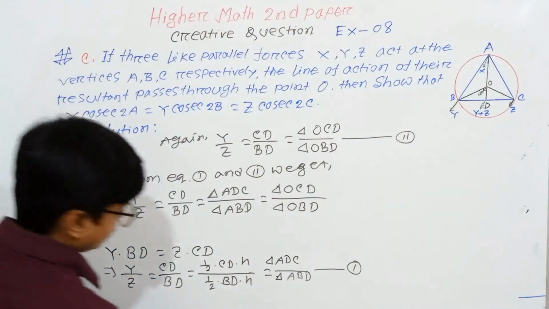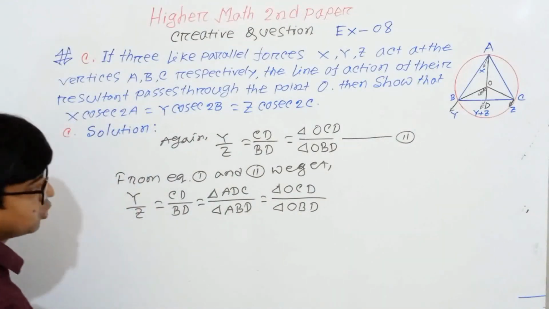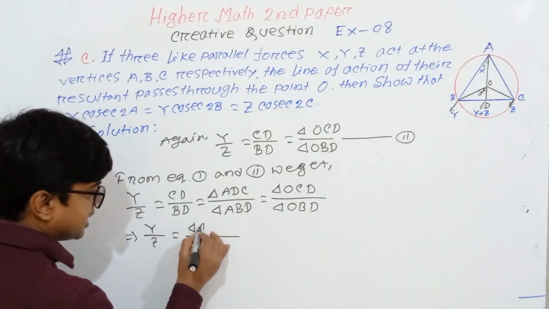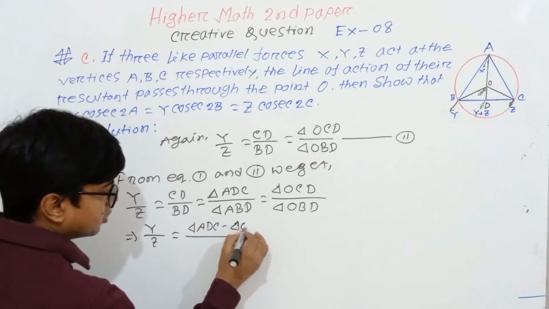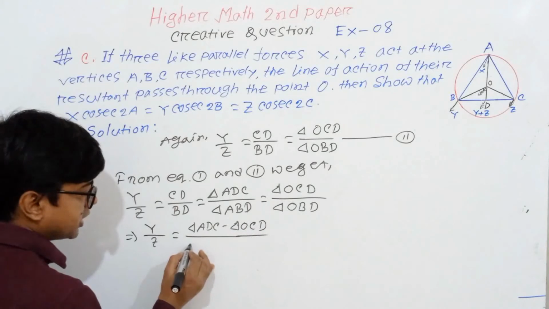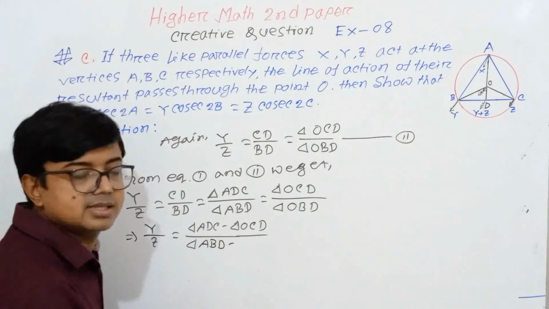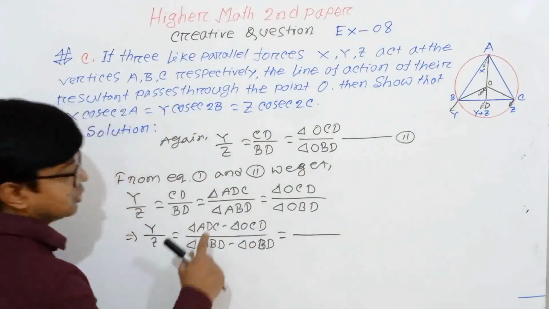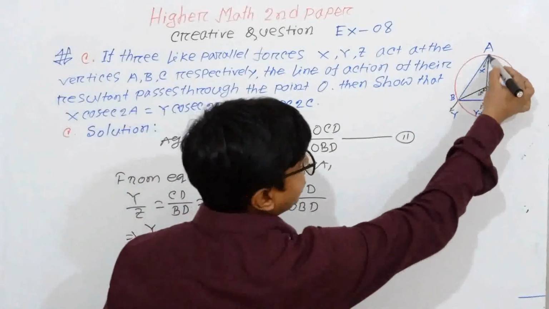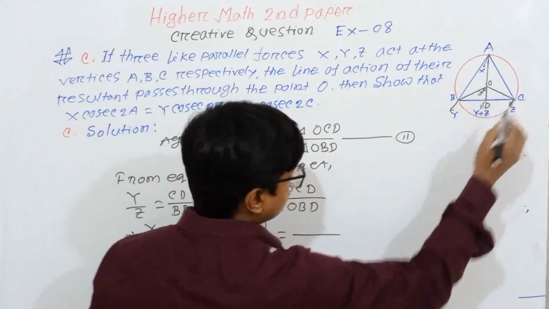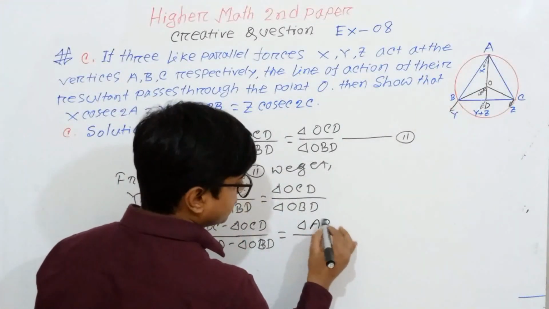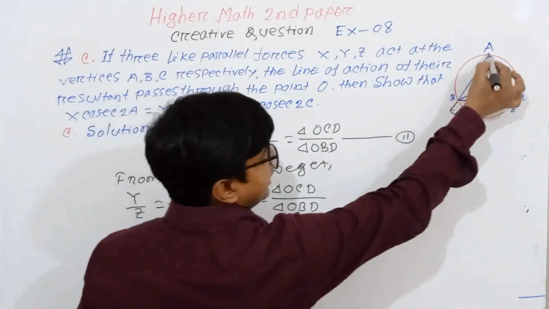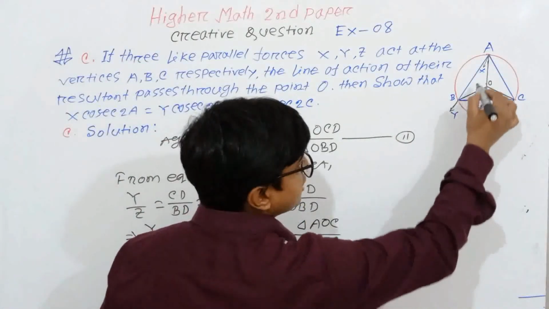And now after this line, we can write Y by Z equals to, here, triangle ADC minus triangle OCD, and here also we can write triangle ABD minus triangle OBD. And here, look at the figure, triangle ADC minus triangle OCD must be triangle AOC, and here triangle ABD minus triangle OBD will be triangle